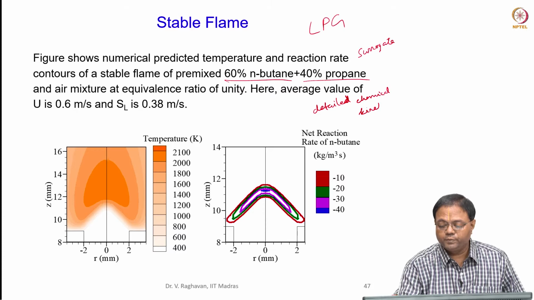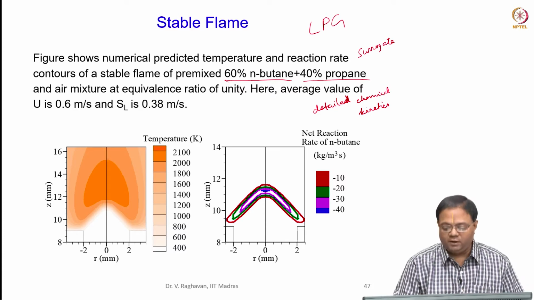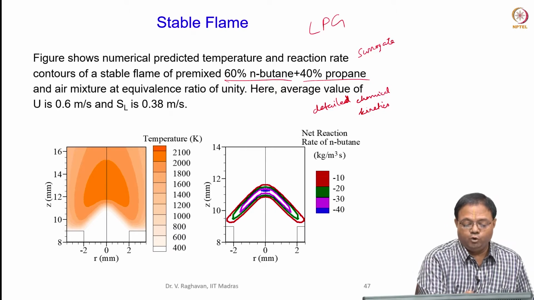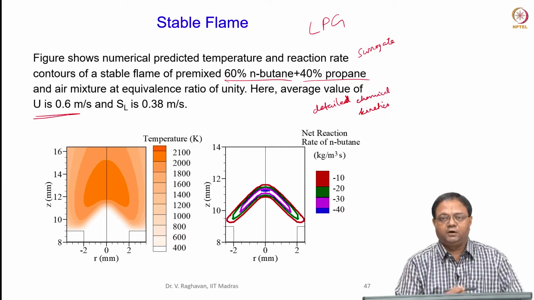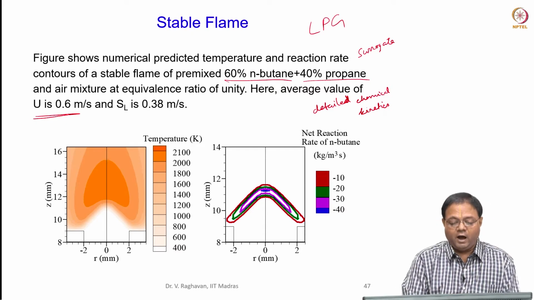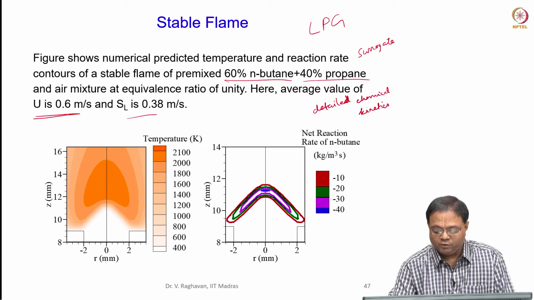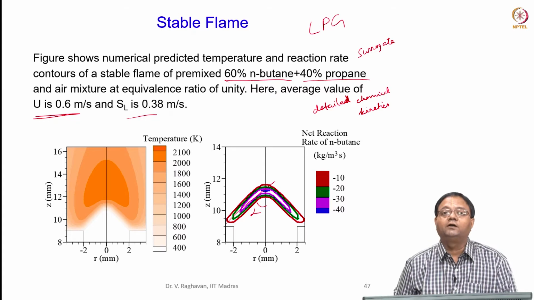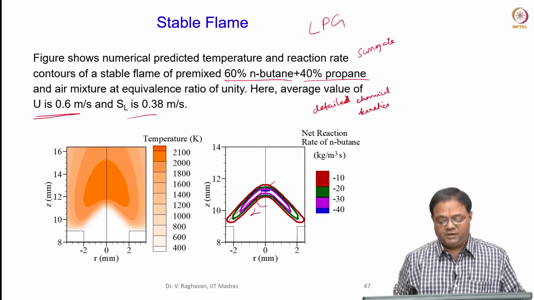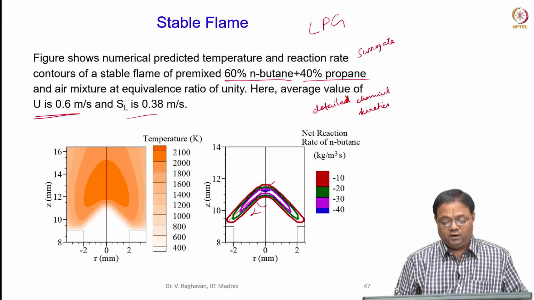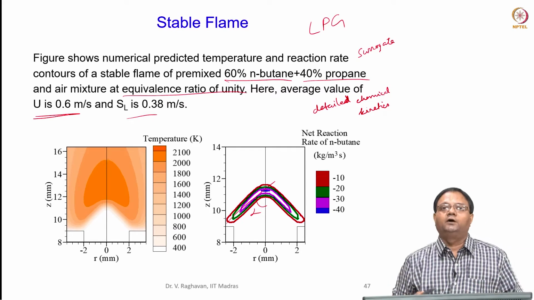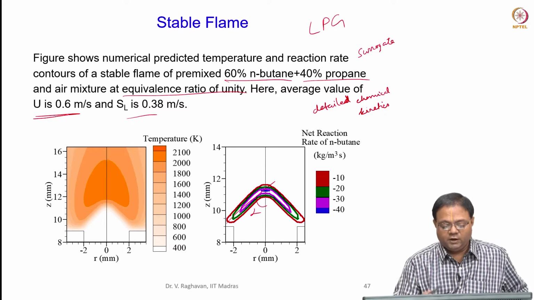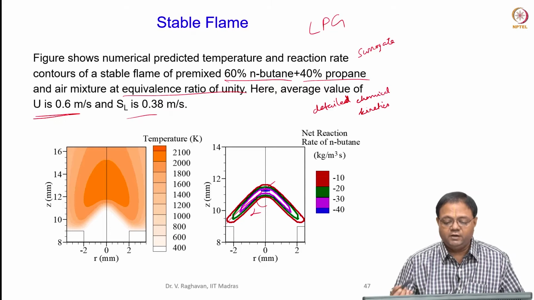kinetics is used for this axisymmetric burner, where premixed reactants come in and burn. The average value of the unburnt reactant velocity U is 0.6 meter per second, and the value of SL is based on the half cone angle alpha and U. So you calculate alpha and then SL, which comes to about 0.4 meter per second. The equivalence ratio is unity, so stoichiometric reactant is supplied. And again 1 atmospheric pressure and 298 Kelvin or maybe 300 Kelvin is